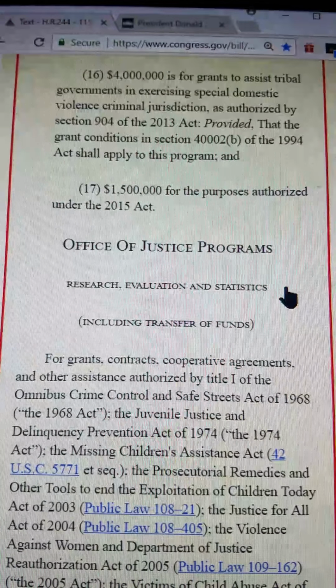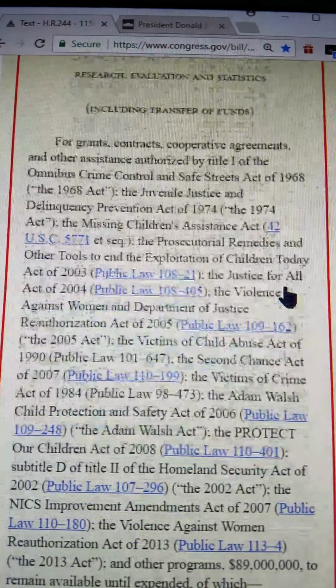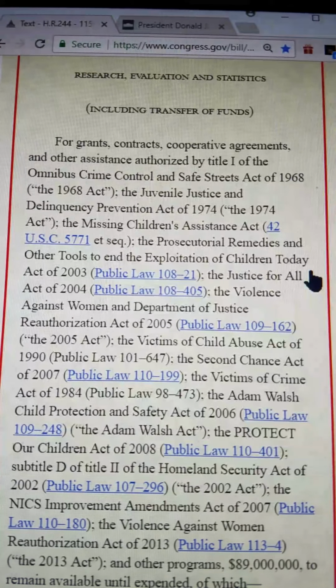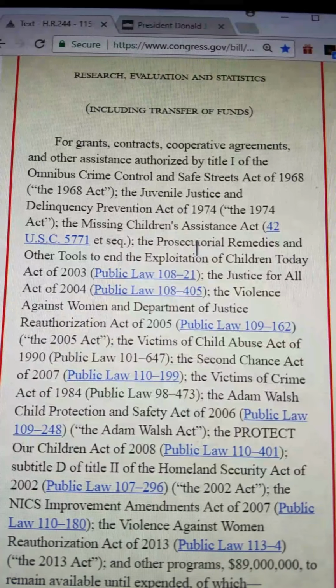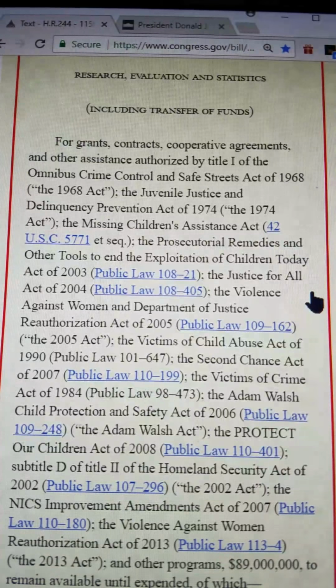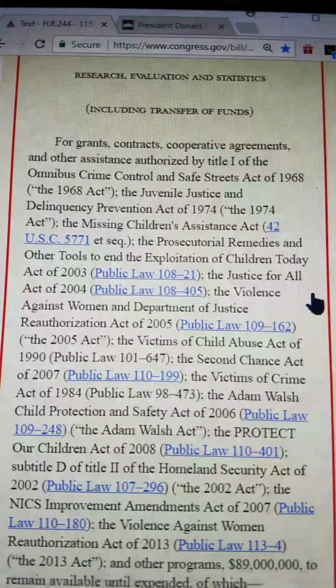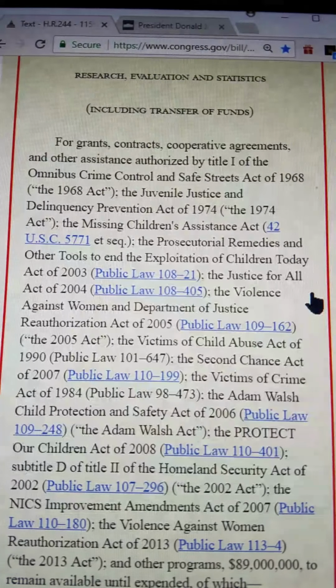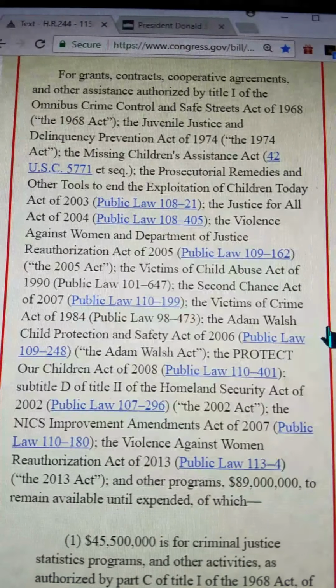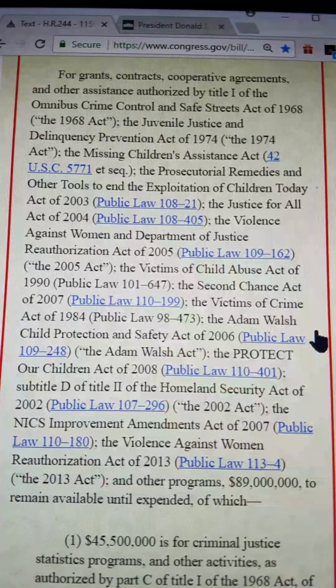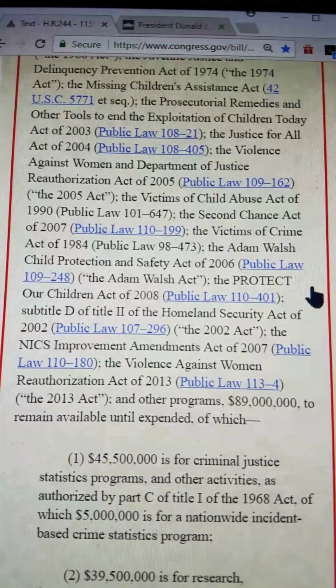Office of Justice Programs, Research, Evaluation, and Statistics, including transfer of funds for grants, contracts, cooperative agreements, and other assistance authorized by Title I of the Omnibus Crime Control and Safe Streets Act of 1968, the Juvenile Justice and Delinquency Prevention Act of 1974, the Missing Children's Assistance Act, the Prosecutorial Remedies and Other Tools to End the Exploitation of Children Today Act, the Justice for All Act of 2004, the Violence Against Women and Department of Justice Reauthorization Act of 2005, the Victims of Child Abuse Act of 1990, the Second Chance Act of 2007, the Victims of Crime Act of 1984, the Adam Walsh Child Protection and Safety Act of 2006, the Protect Our Children Act of 2008,